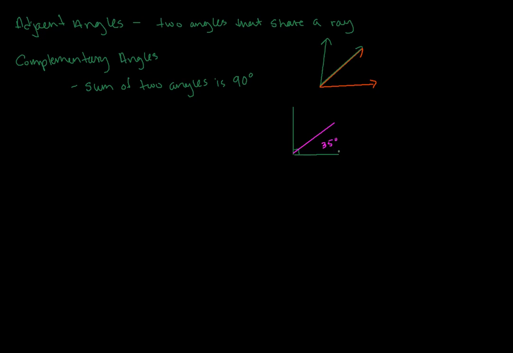We can say that this angle here, we'll say A, B, C, D. So angle ABD is equal to 35 degrees. And then let's say the angle DBC, angle DBC,